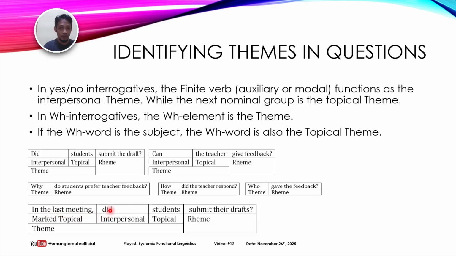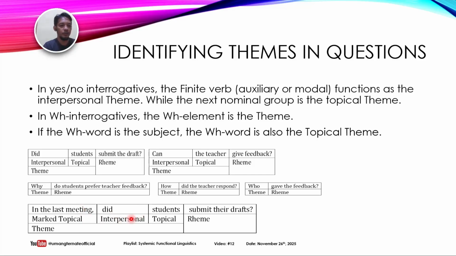and then the sign that this is a question, that is the verb, so that's why it is interpersonal. It is an interpersonal theme because it reflects or tells us the speech function, and then the subject, the students, which is the participant. So that's why it is a topical theme, a marked topical theme, and then the remainder of the clause is the rheme. Okay, so this theme is constructed by multiple themes,